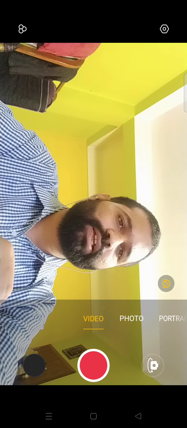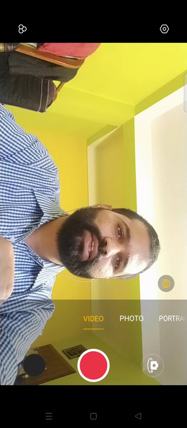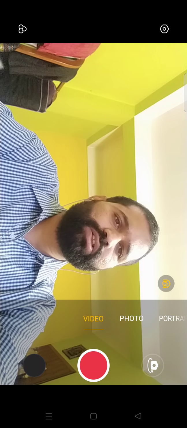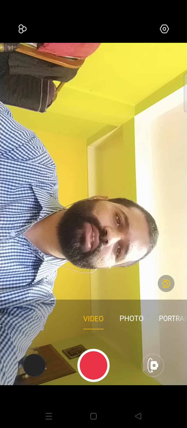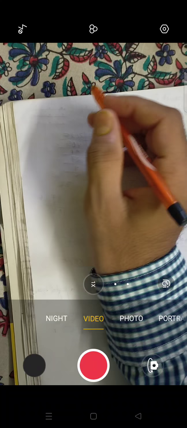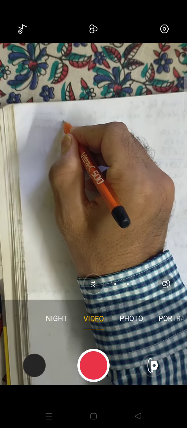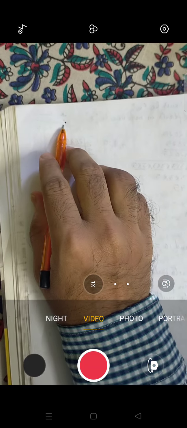Lines and angles, as you have already studied in class 6, 7, 8, what are lines, angles and all. Today also we'll be starting with this basic concept, and we'll try to solve some questions related to lines and angles. First of all, you should know some terms and remember them properly. Otherwise, if you forget this, it will be difficult for you to solve the questions. So first of all, the name of the chapter is Lines and Angles. Before that, you should know what this is called.